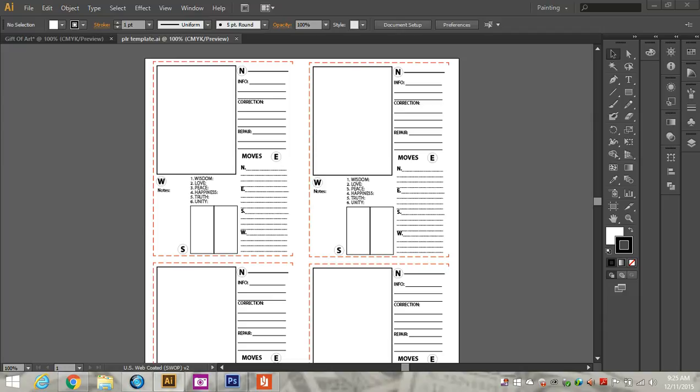Now, the moves. Here we have north, east, south, and west. This corresponds to north, east, south, and west, where the sign is what you're using. So if you're using the north move, your character faces north. If you're using the east move, then you would flip the card over so that this E would face that way, your opponent. If you're using the south, same, you would flip it so that S would face your opponent. Whatever letter it is that you're using, you would have them face your opponent. That's why the letters are there.